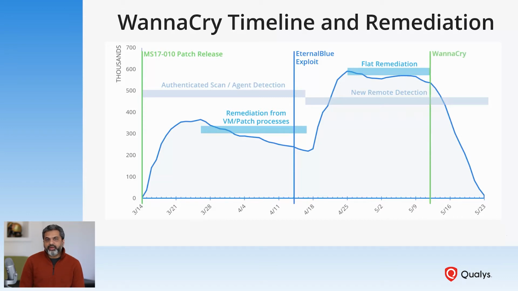About another month went by, and after that, when WannaCry hit, which was weaponizing that exploit to actually cause damage, that's when everybody got into the emergency patching phase and really tried hard to bring those numbers down. As you can see here, very quickly those numbers started to go down significantly, but which meant that because of